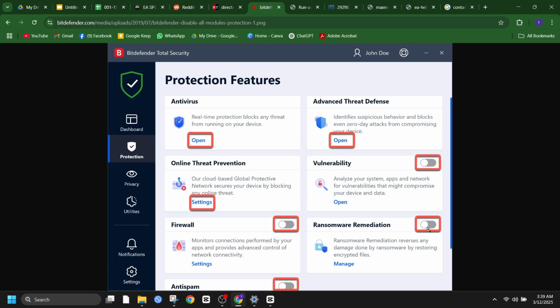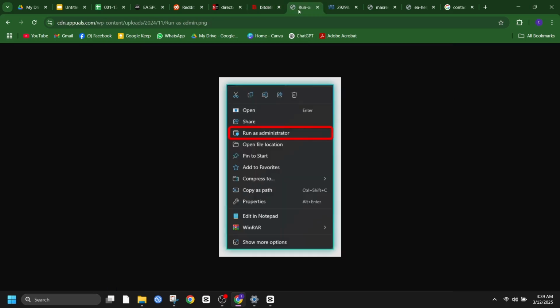Another potential solution is to run the game as an administrator. Right-click the EAFC executable file and select Run as Administrator from the context menu. If the error persists, check for issues with Visual C++